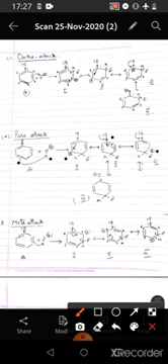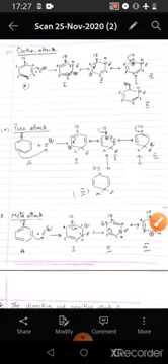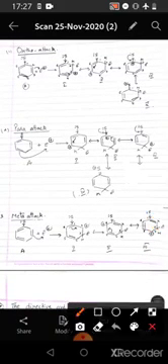We see that the lone pair of electrons shifts between the substituent and the carbon of the benzene ring and forms a double bond between the substituent and the carbon atom of the benzene ring. Thus the 4th isomer is formed. Now if we see the meta attack, then we see that in the meta attack